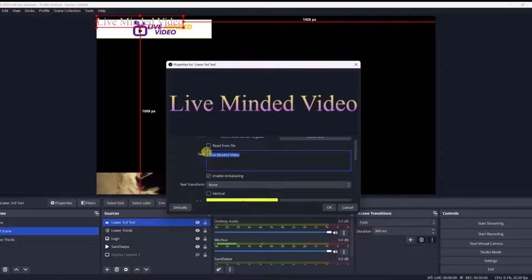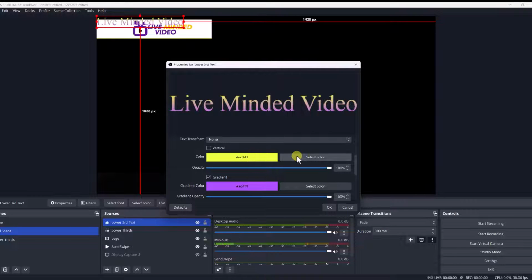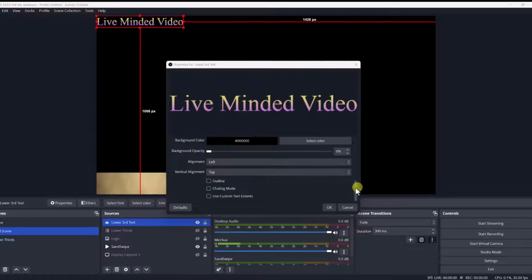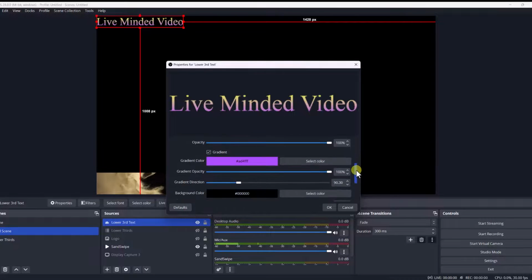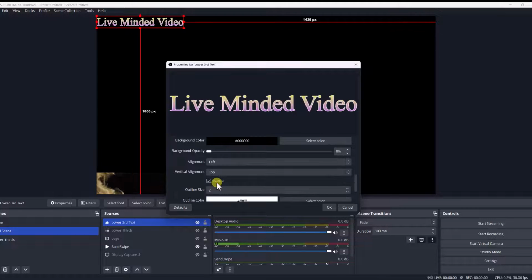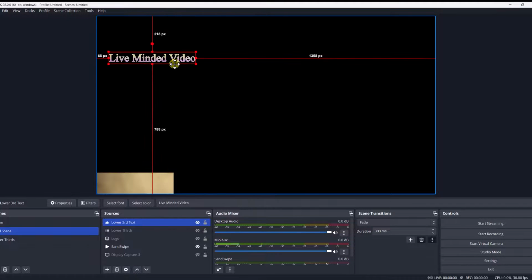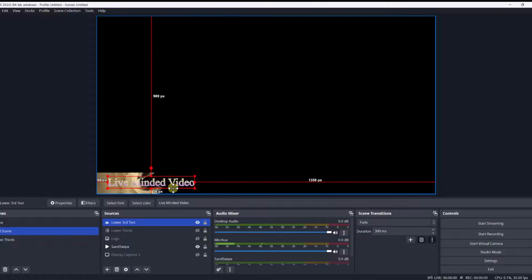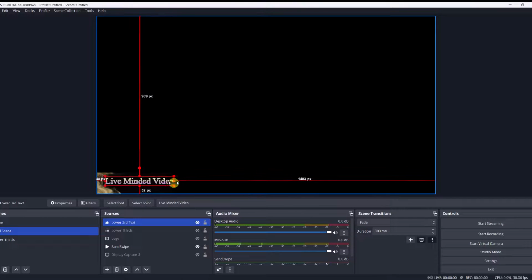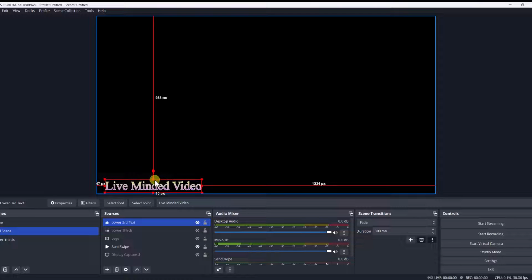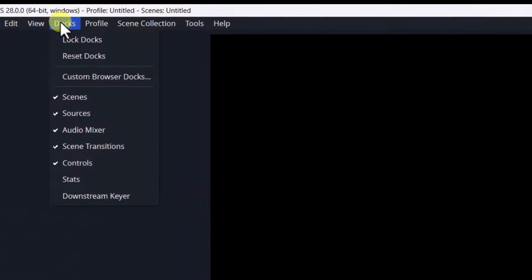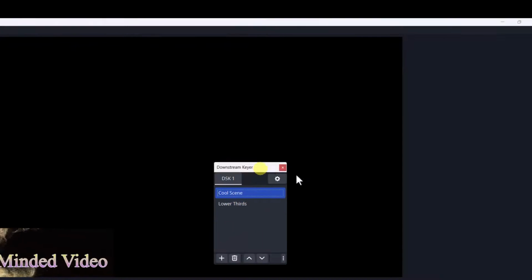You can enable or disable anti-aliasing. Okay, now I'm going to scroll down, and I want to have a border or outline around my letters so it'll look more professional. There we go. Once I do that, I'll go ahead and click OK. Great, so let me go ahead and drag the letters down, make a few more adjustments to the size. Okay, it looks great. So then I'll go to Docs, go to Downstream Keyer, and I'm going to add my